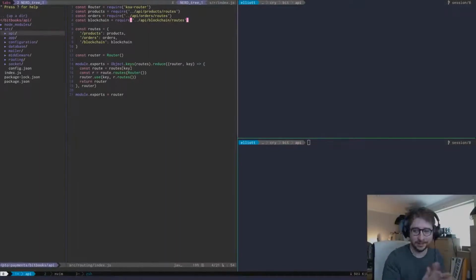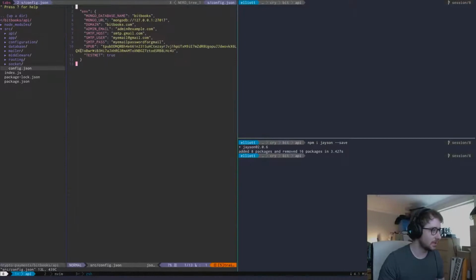Okay. Let's start with the blockchain. So, don't have any secrets this one. Let's do npm i json. Save. Add that in. Okay, we want to add RPC user,